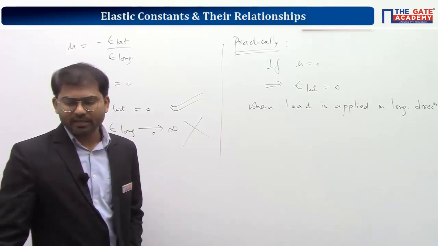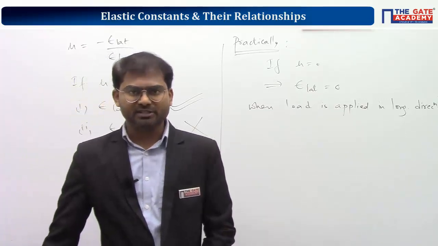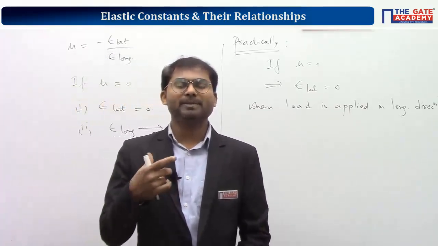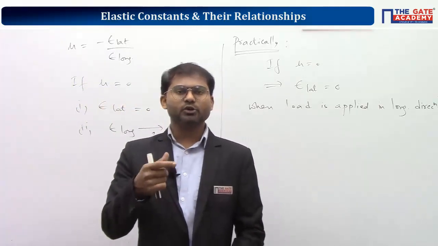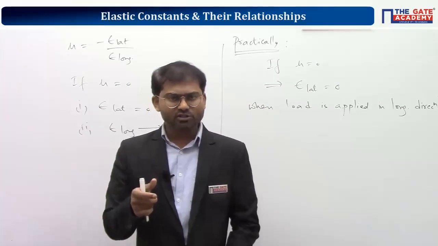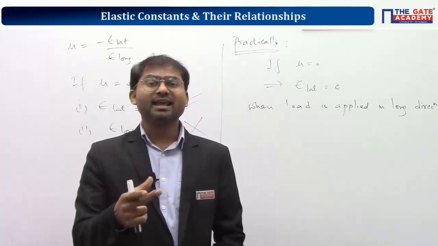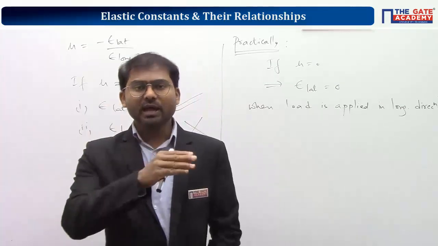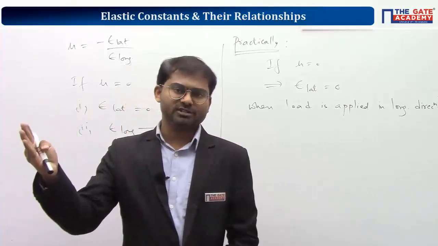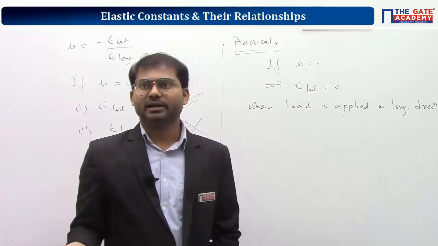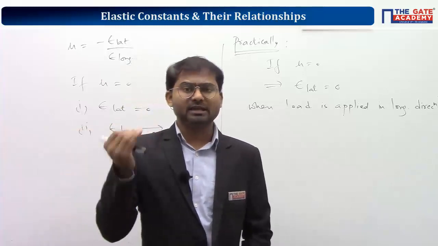If you see option B, the material is perfectly plastic. We should discard option B because whatever elastic constants we are using, Young's modulus, rigidity modulus, bulk modulus, Poisson ratio, are elastic constants. They are valid only in the elastic deformation range. They are not valid for plastic deformations. So option B should be discarded. It is irrelevant here. It cannot be the correct answer at all.